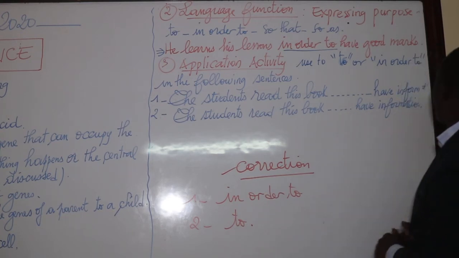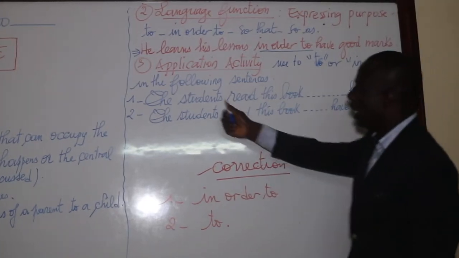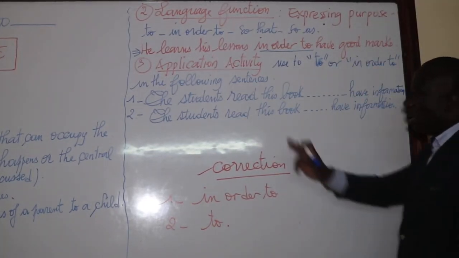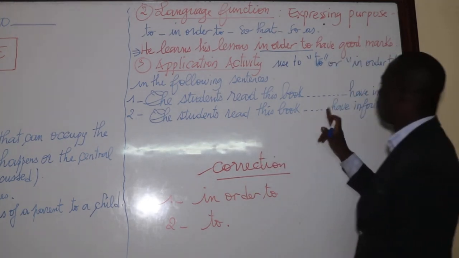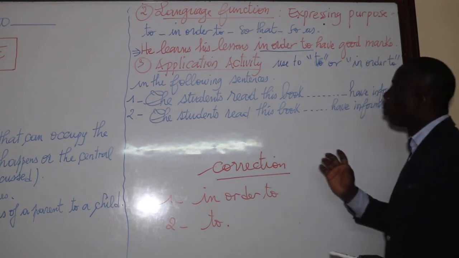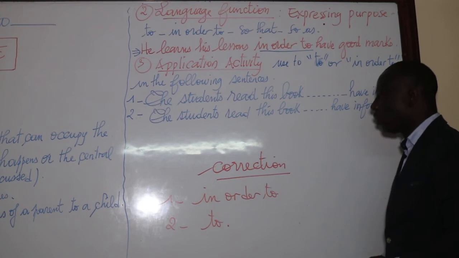I repeat again, have information. Now, here, where we have a point, we are going to choose between in order to or to. Now, as correction, we propose